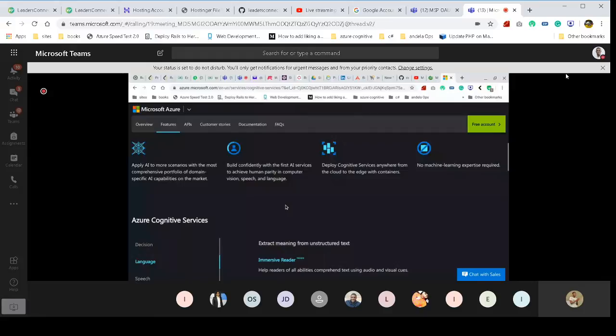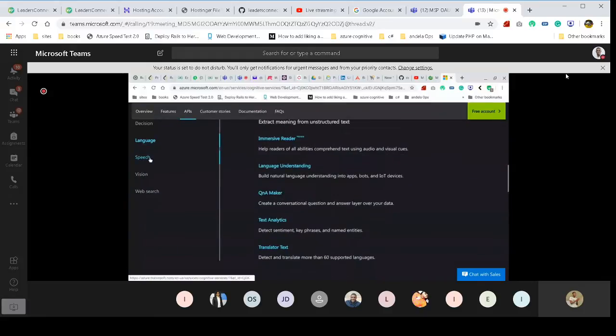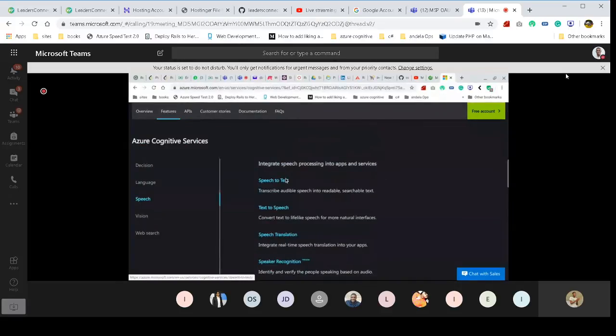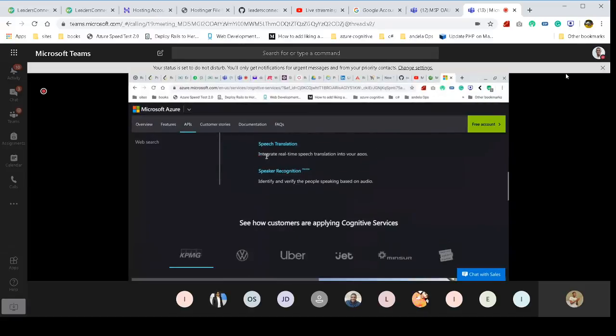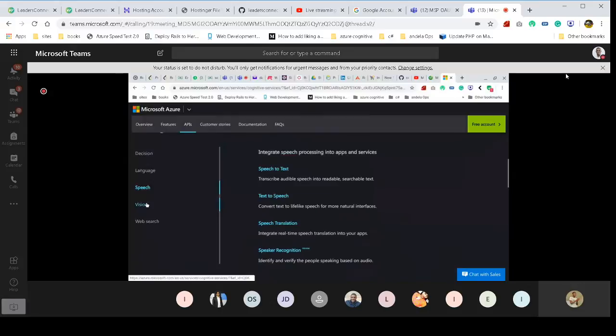We have QnA Maker, Text Analysis, Translate Text. Under Speech, we have speech to text, text to speech, a series of stuff under speech. We have Translation and Speaker Recognition. We also have Vision, and around it we have Computer Vision, which describes everything the computer sees. So we're going to be having a demo around Computer Vision to show you how easy it is to use it. And as far as I'm concerned, I describe Computer Vision as